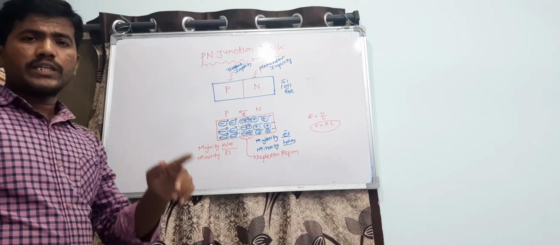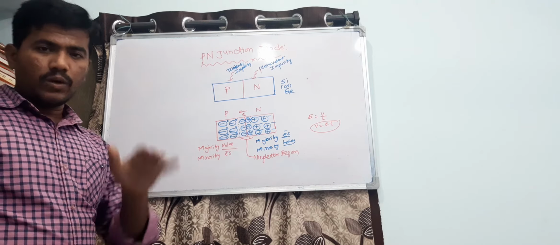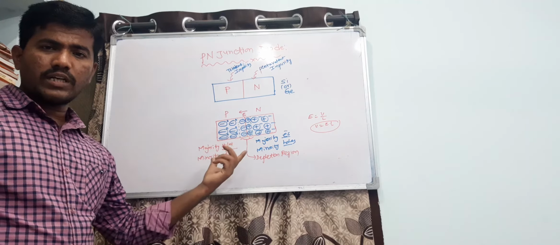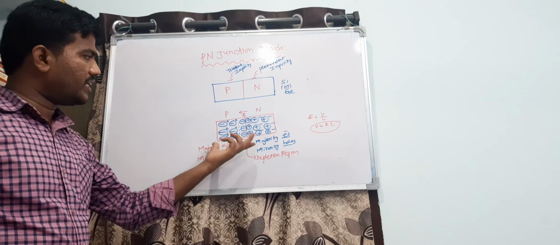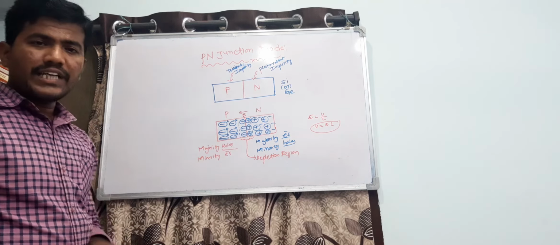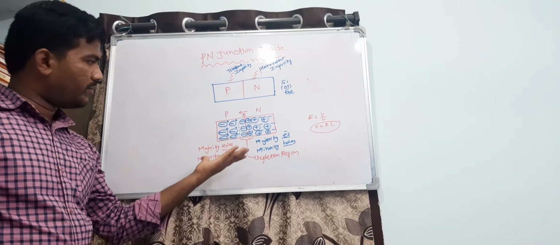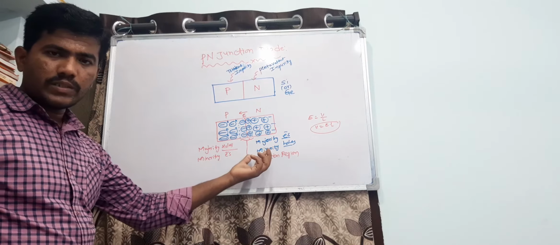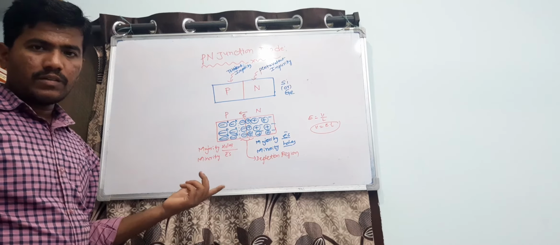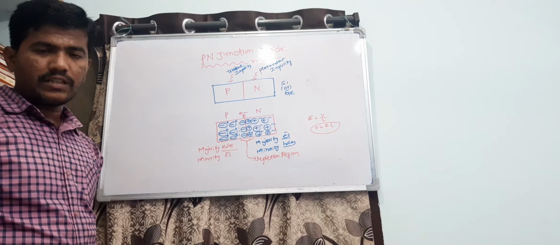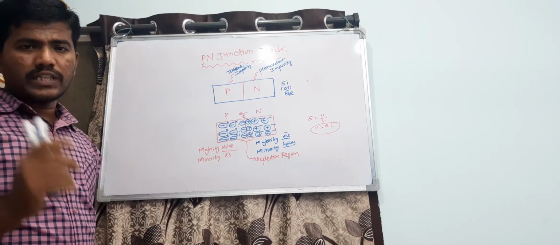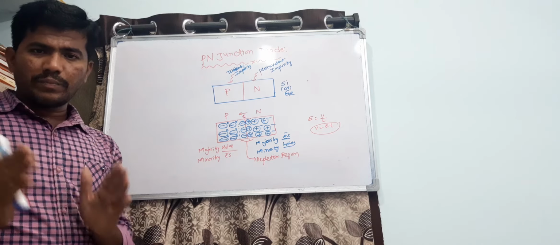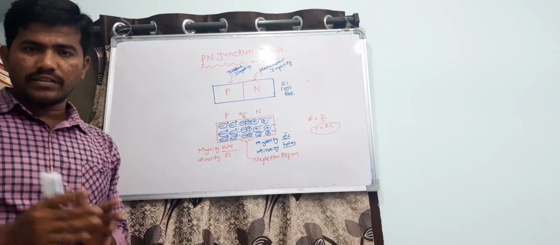So the first topic is open circuited PN junction. The open circuited PN junction is nothing but unbiased condition. Unbiased condition is without applying any voltages to the PN junction. When we are forming the PN junction diode, after adding the p-type and n-type impurities, this is the structure. This is nothing but an open circuited condition. So the point to be remembered for the open circuited condition is, without applying any voltage or no biasing applied to the PN junction diode, then it is said to be open circuited condition.